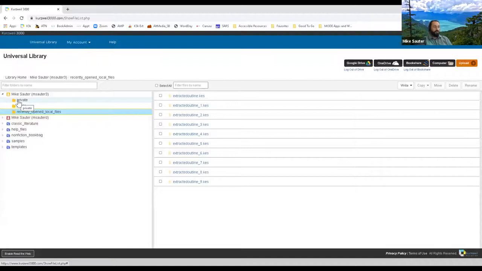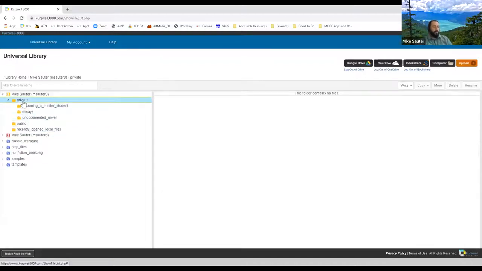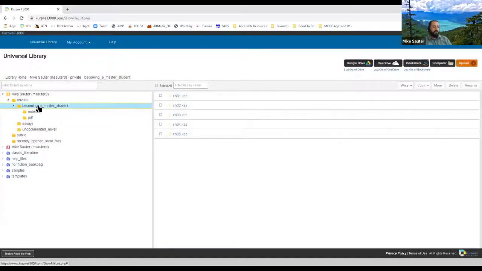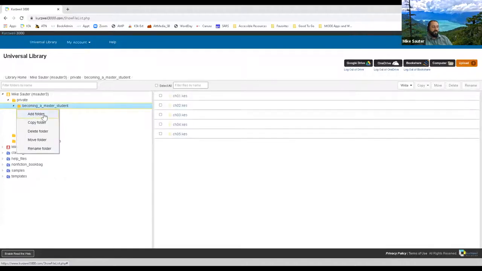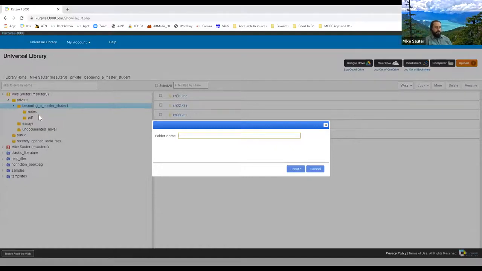So the first thing I want to show you is I can go into my private folder and into the book that I had pulled these outlines from, and you can create folders within that folder. So you can see I've already created a folder called Notes and a folder called PDFs. And how I did that was just by simply right-clicking on that folder, brings me up a list that I can add a new folder. So for this new folder, I am going to call it